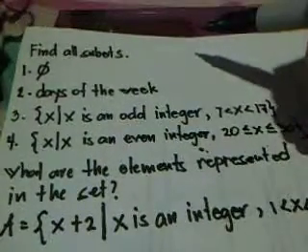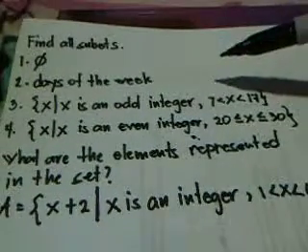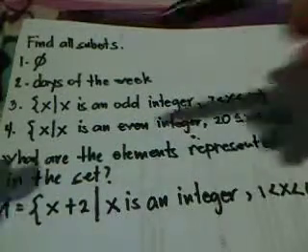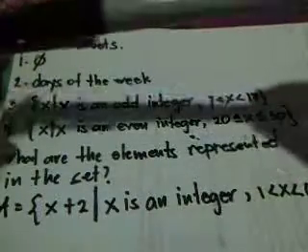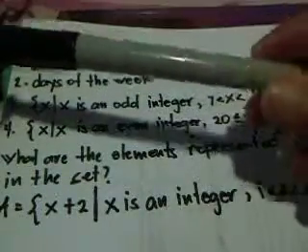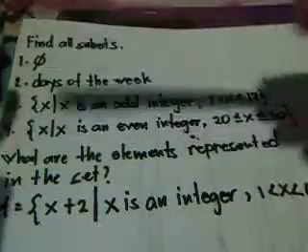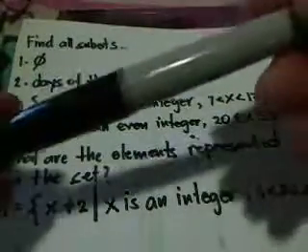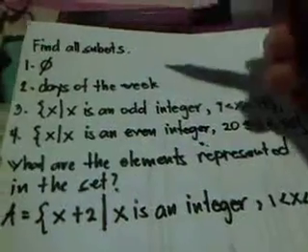Hello there YouTube, this is a continuation of my second video about finding the possible elements, or I mean the subsets, of a given set. So that was what this formula is for. If you don't know, just look at the title below and you will see how we came up with the answer.